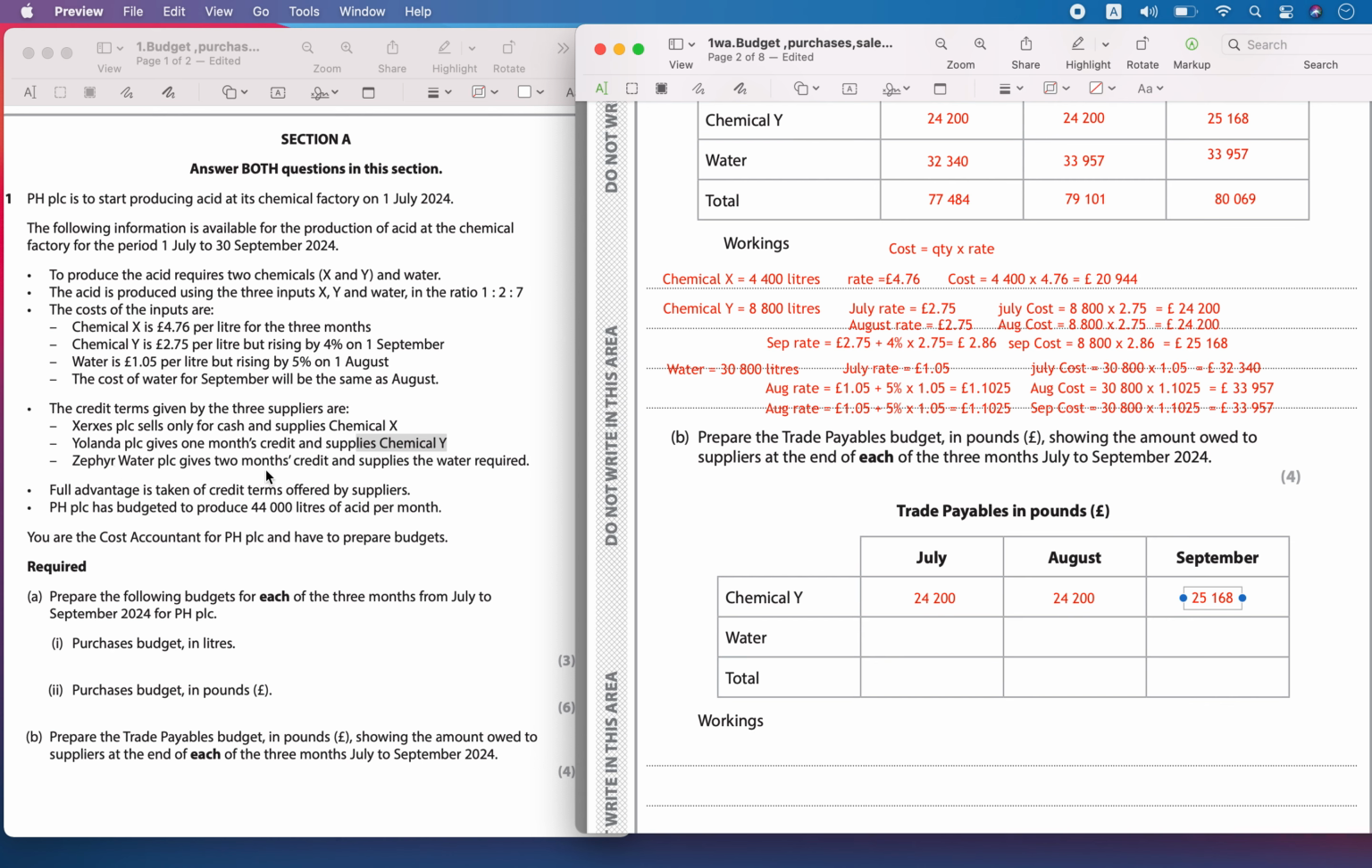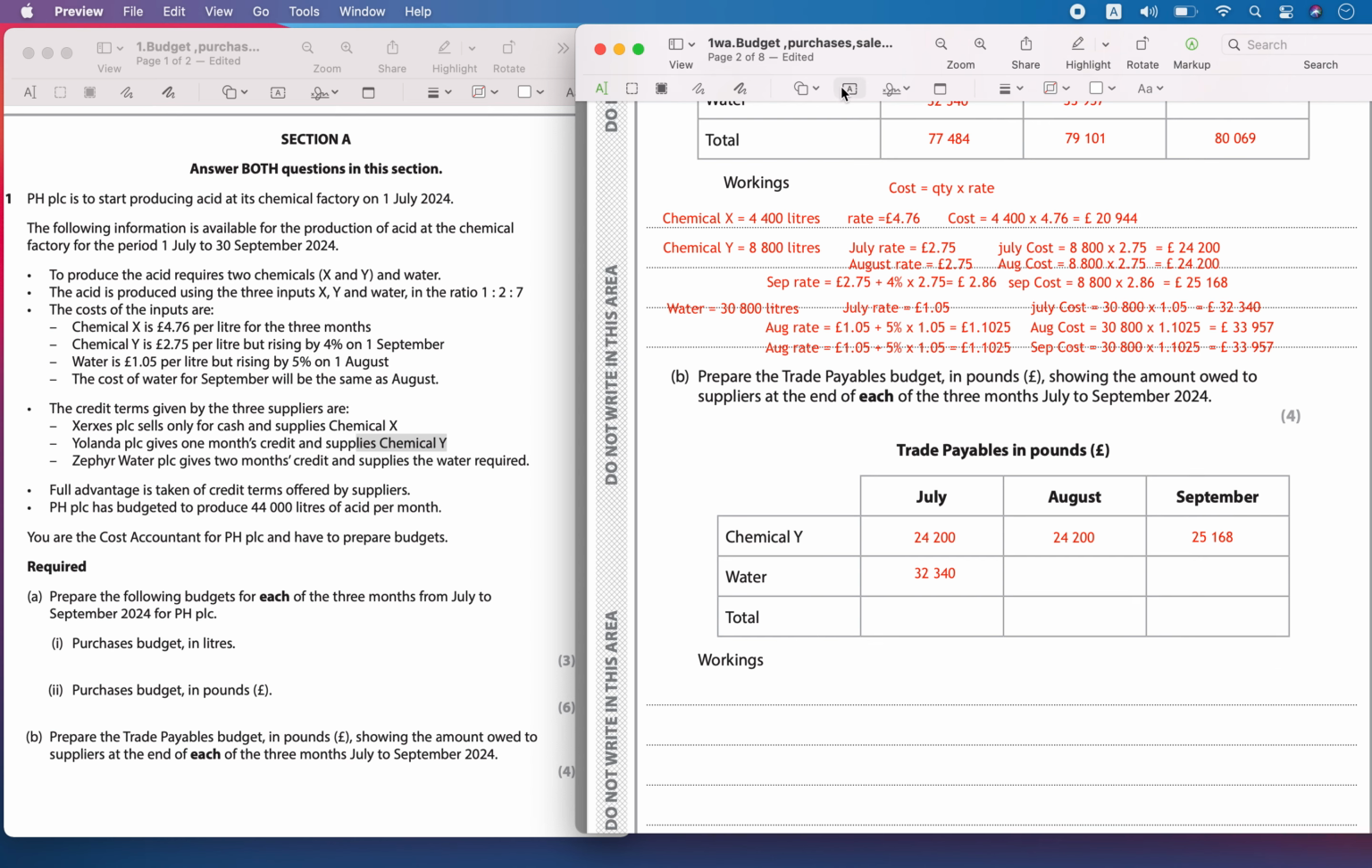Then for the water, Zephyr Water PLC gives 2 months credit and supplies the water required. So in the first month, I need to purchase 32,340. So I will be given that credit limit, so I will have this much. And in the second month, I need to purchase 33,957, as well as the previous month's is still owed. So for the August month, for the water,